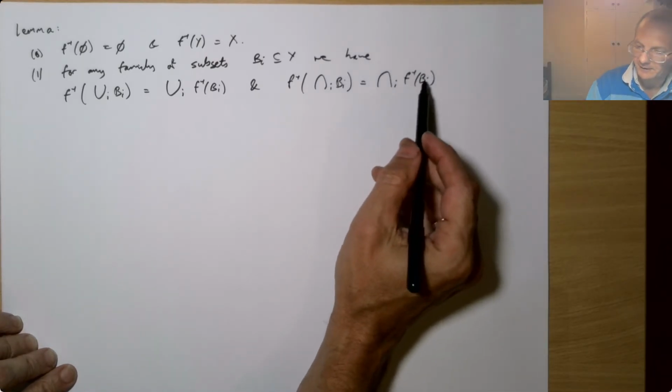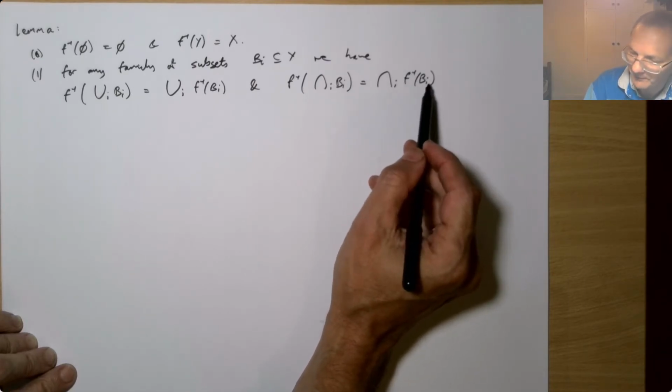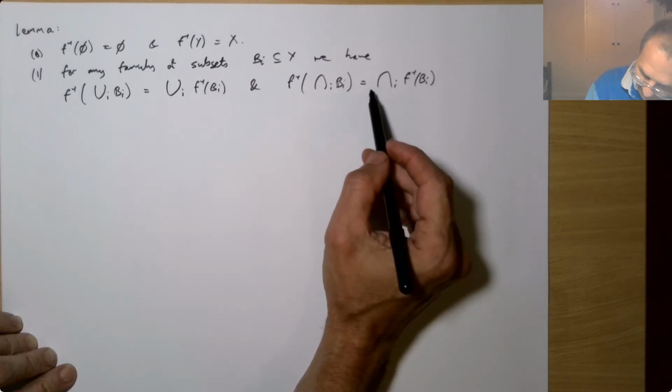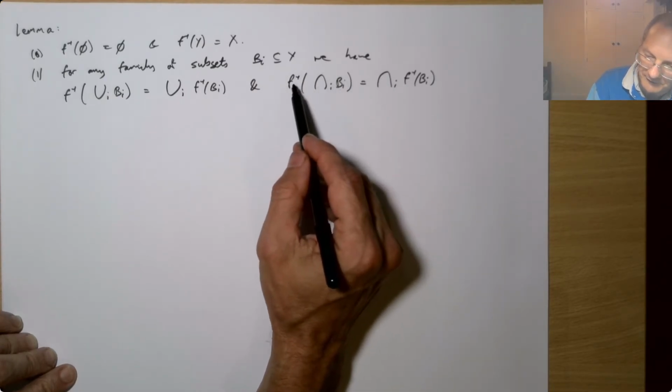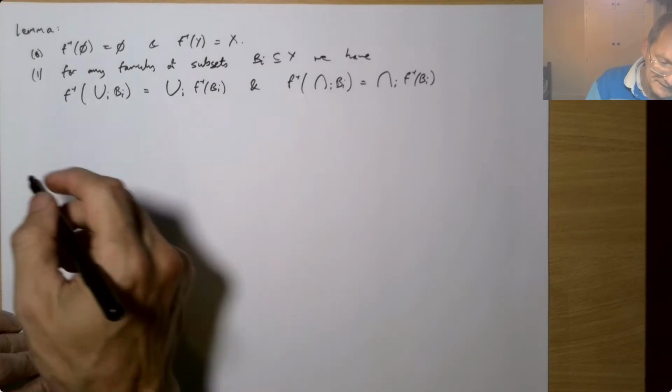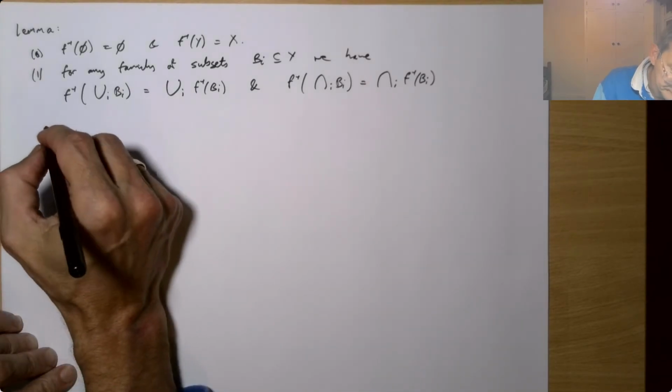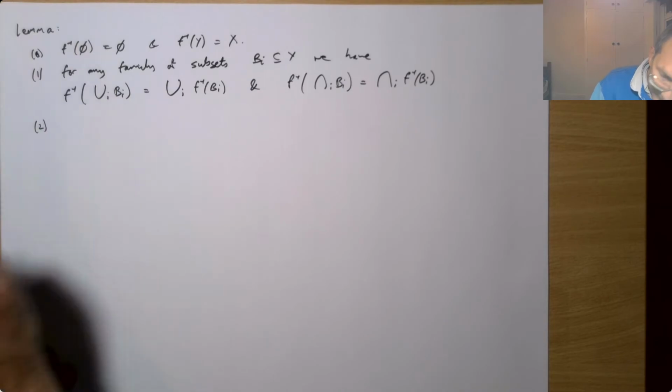So each B_i is a subset of Y, the pre-image f inverse of B_i is a subset of X. You take the intersection of all those subsets. Or alternatively, you first take the intersection of the B_i and then you take the pre-image, and that's just going to be the same. Another thing,